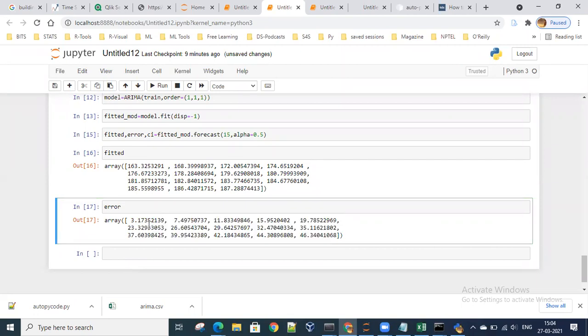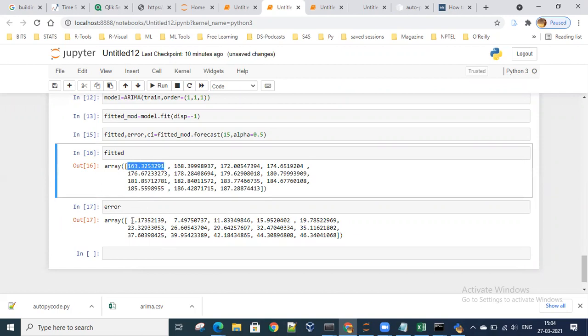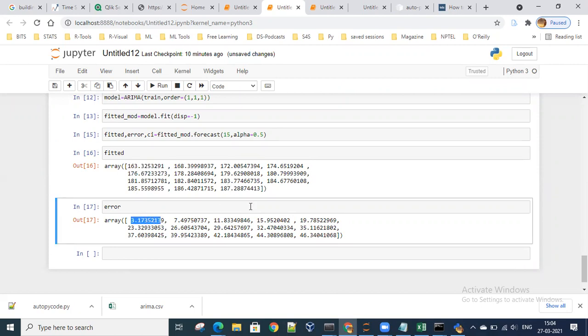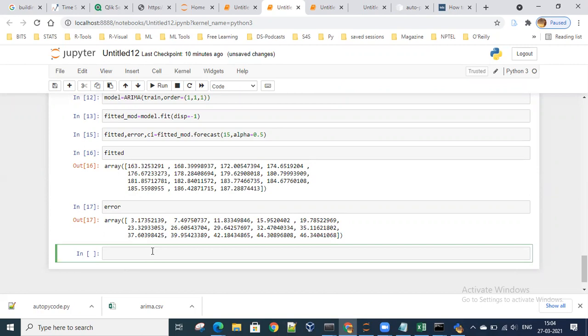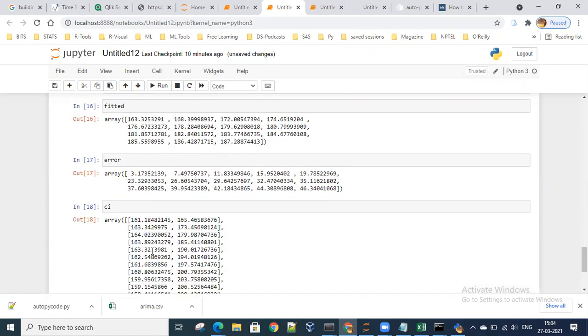As the fitted values go far, the error keeps on increasing. For the immediate next value, it is predicting 163, and it is saying 3 is the error. But for the last value, it is saying 46 is the error. CI is the confidence interval. It says that this value 163 should lie between 161 and 165 only.